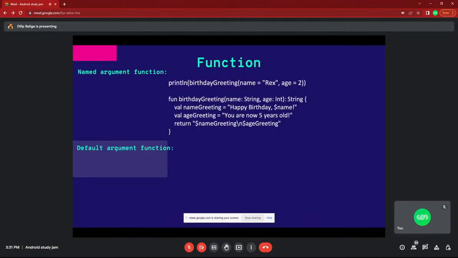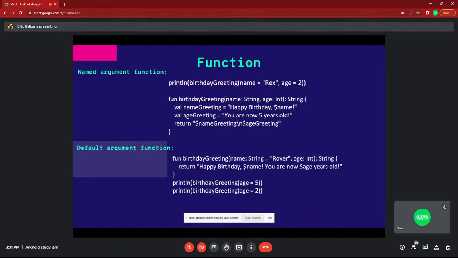Okay, next, default arguments for a function. For example, while creating the function, name equal to rover, age equal to int. See, I have specified the default value for this function, so that while calling the function, let's go step by step.